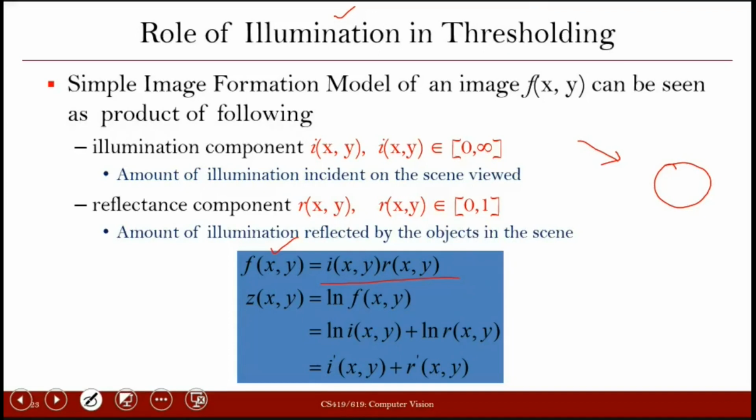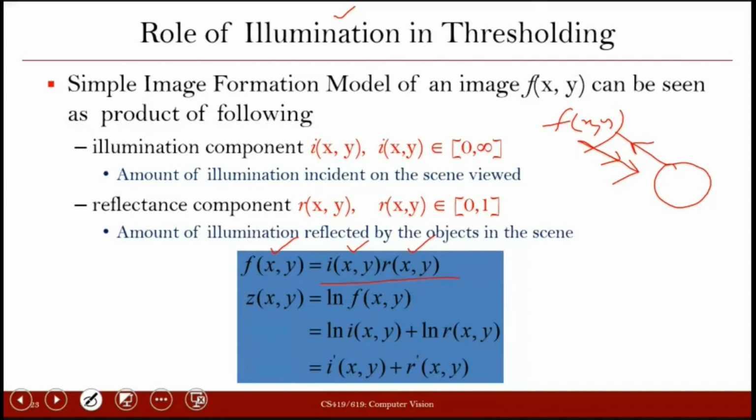I mean, exactly what we do in case of camera. So if you want to capture the image of this, we throw some light on this, and then whatever light goes back is recorded in the camera and the image is formed. So this theory says that whatever intensity you get when you capture this image, this f(x,y) is the product of how much light you have thrown on the object, and the reflected value that you got.